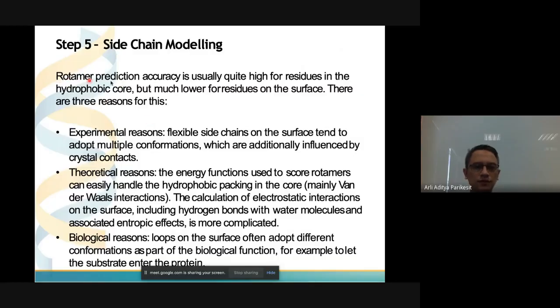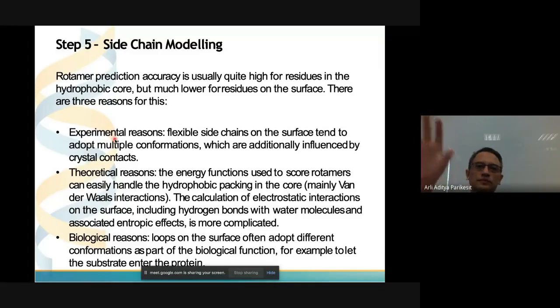If you want to measure rotamer prediction accuracy by experiment, it's difficult. For example, if you do X-ray crystallography, or even cryo-EM, you will just capture one out of many conformations.